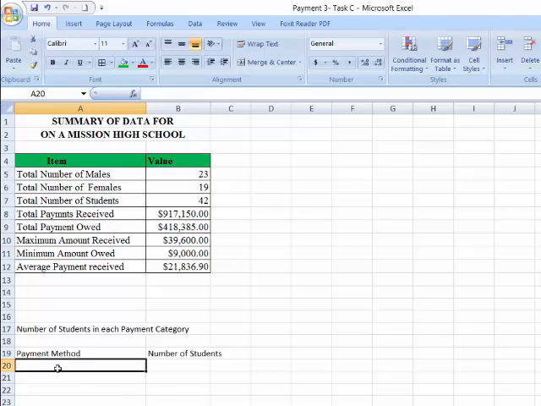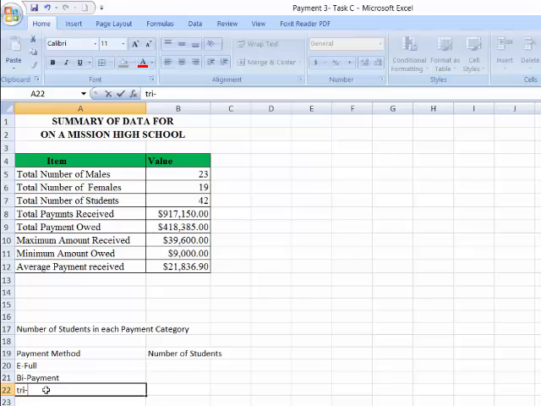So we have a full payment and we have our tri-payment